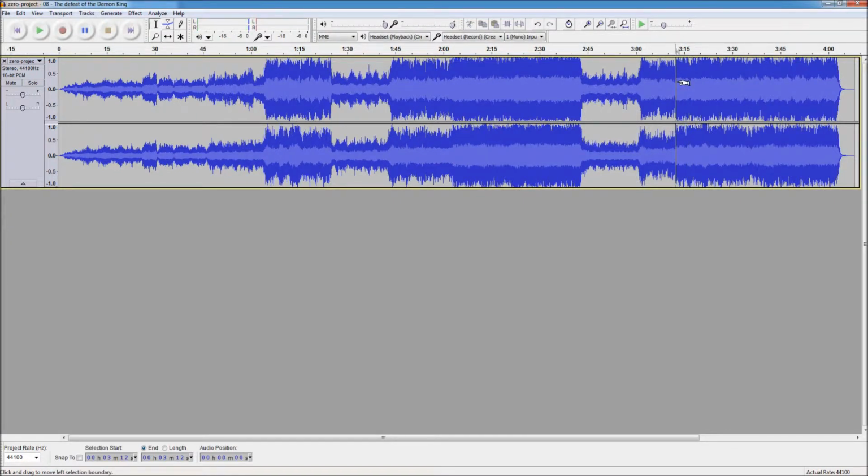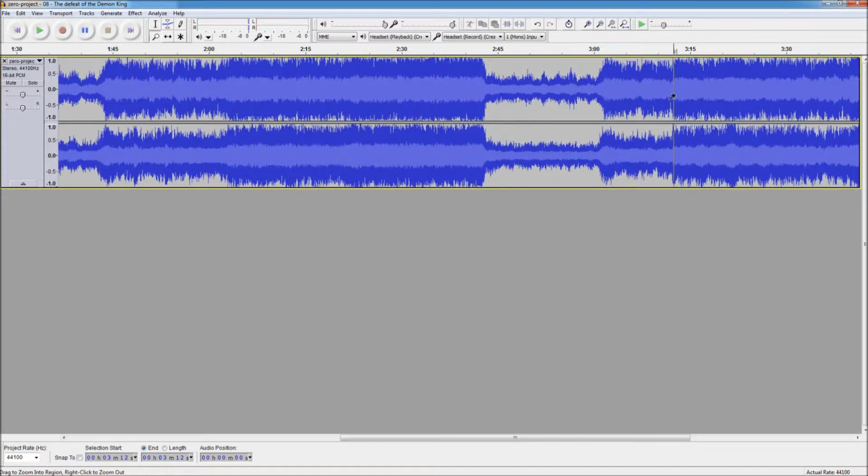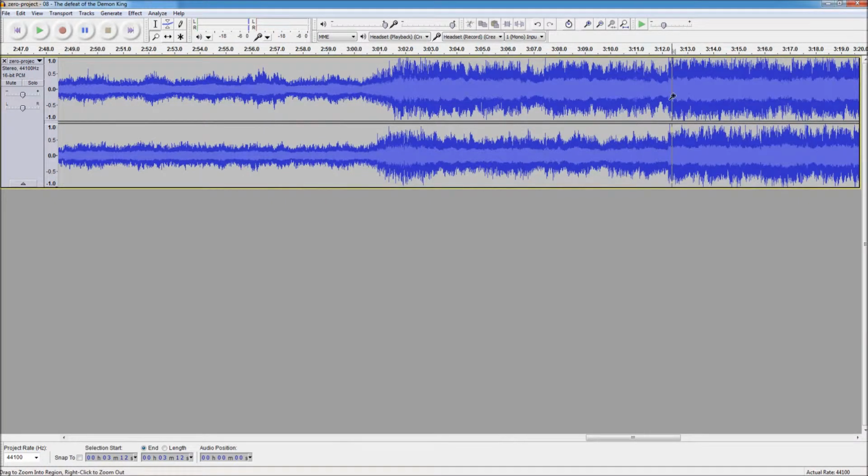But I'm going to zoom in just so that I can make sure that I'm in the right spot. So I'm going to go up here. There's a little magnifying glass. I'm going to click on that and then go back to the area that I'm looking at and click that a few times to zoom in here. Then go back to the selection tool. It kind of looks like an I, or like that little blinking bracket that's there in a Word document or something. So I'm going to go back over here and go back a little bit in our sound file